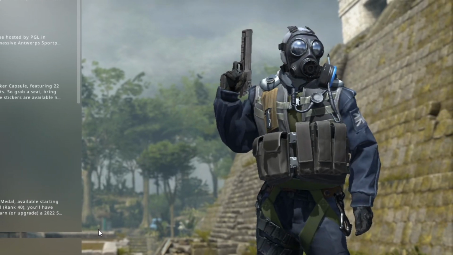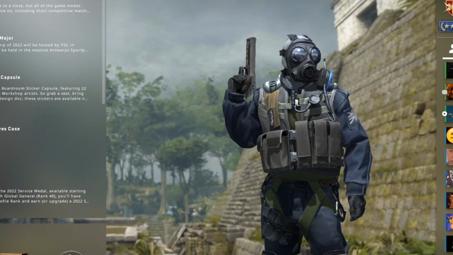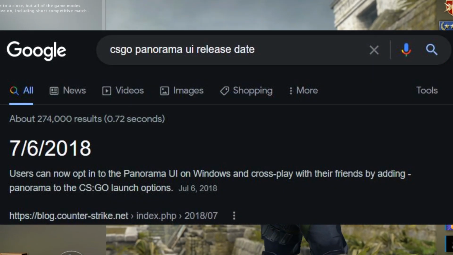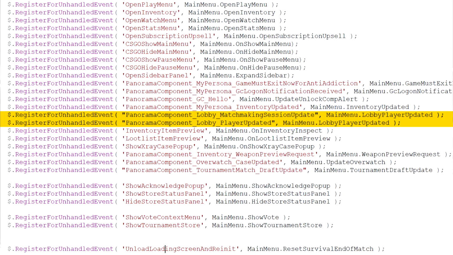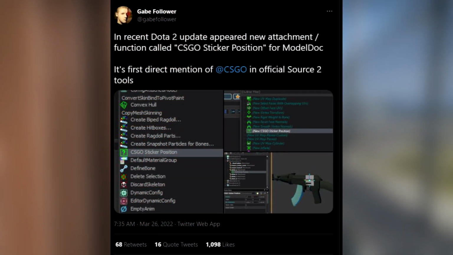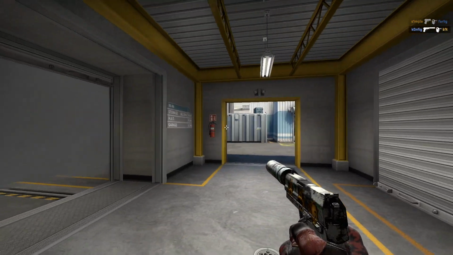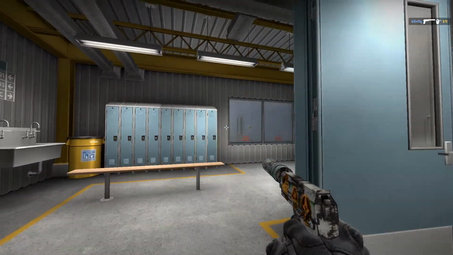The CSGO lobby and just overall UI of the game really hasn't had any major updates since the Panorama UI update in the middle of 2018, but with plenty of recent leaks found in the game's files in recent updates, it looks like Valve could be planning a massive overhaul along with the first direct mention of CSGO in Source 2 tools. So today, let's talk about it and if Valve is just baiting us again or we can actually